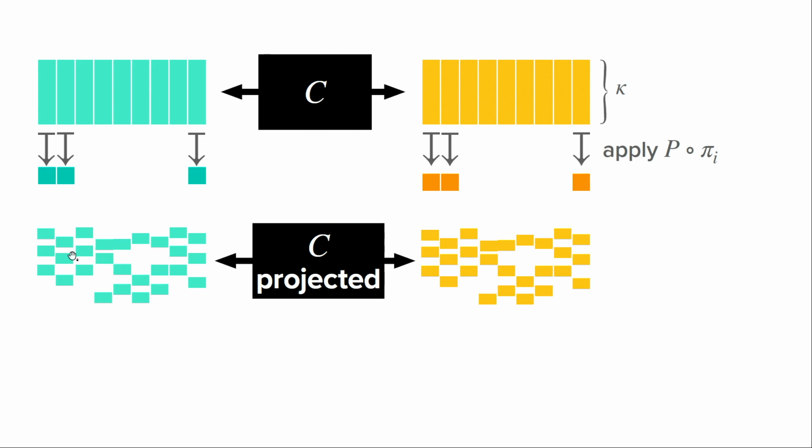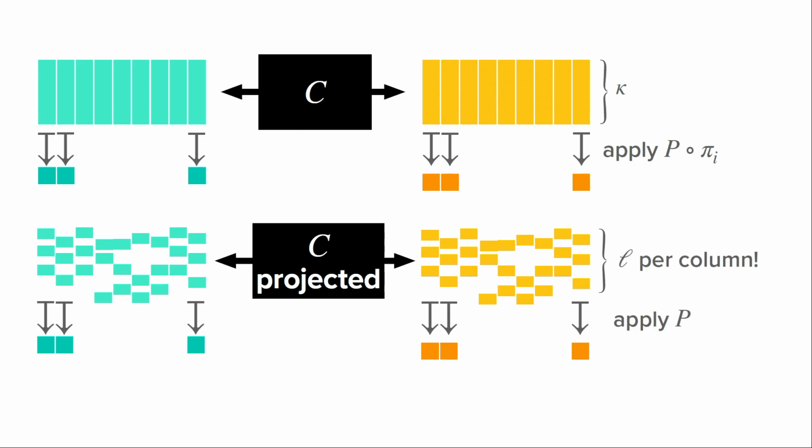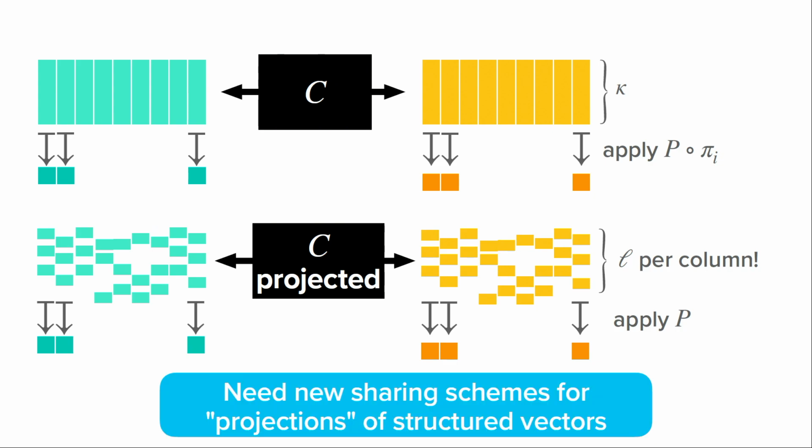So this is how I tried to denote it: we only pick out the specific coordinates that we actually need, and that's the only thing that we have to share. So now we think of there being only L per column, and we just have to apply the predicate P. This does put more challenges on the sharing schemes that we need to construct in order to implement the PCG for this new projected correlation. This is indeed one of the things that require quite a bit of work, but suffice to say, the same ideas I used to construct previous PCGs can be applied in a careful way to derive this construction.